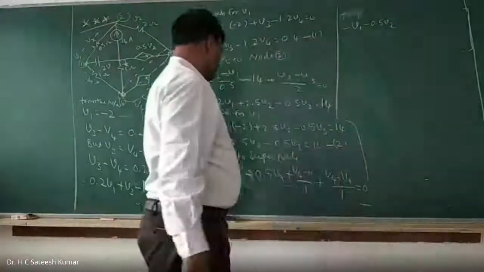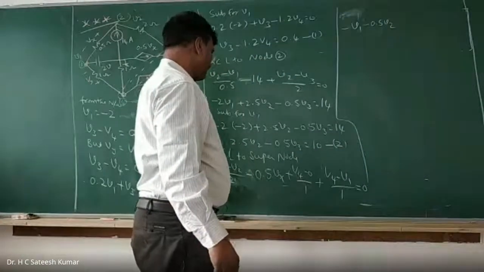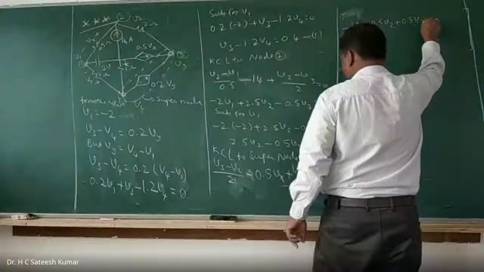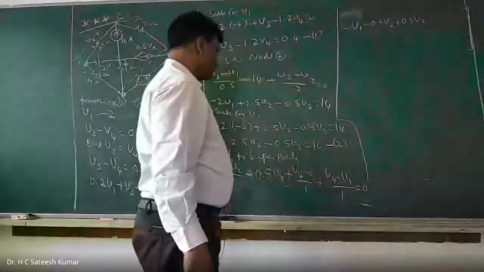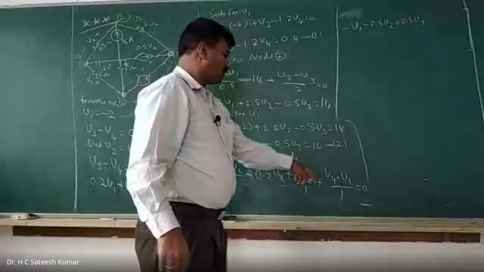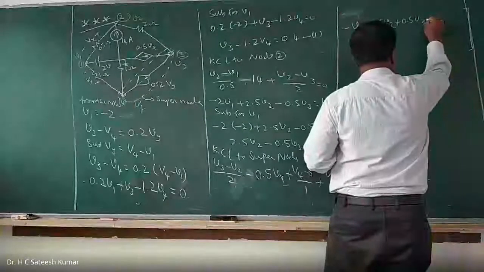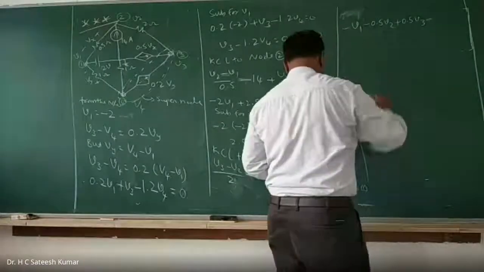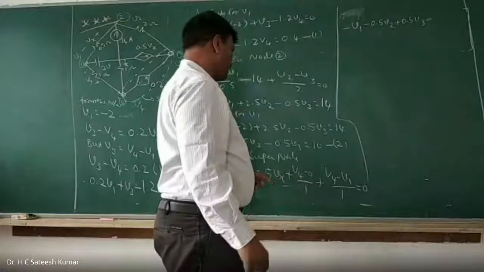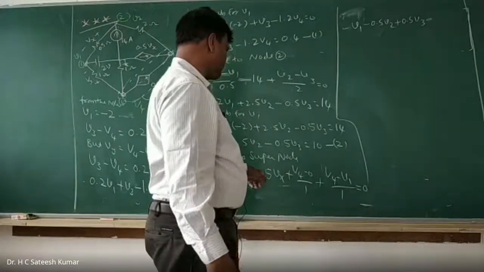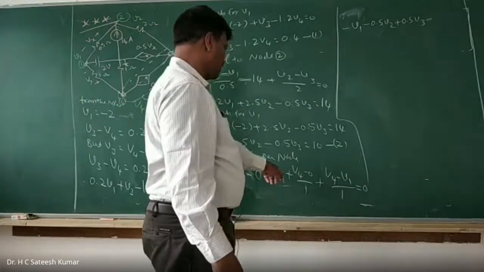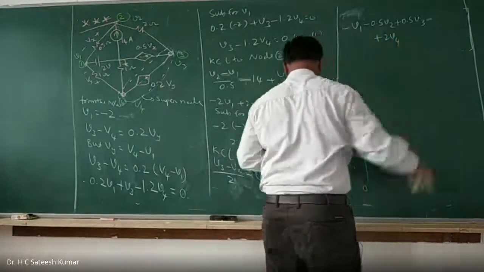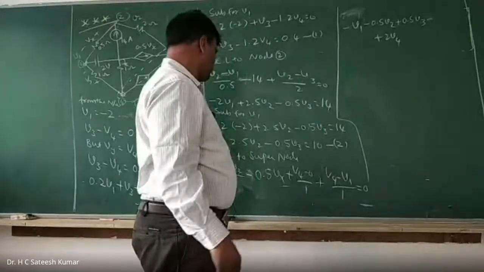What about V3? 1 by 2 is 0.5, so 0.5 V3. What about V4? V4 is 1 V4 plus 1 V4, so 2 V4, and minus